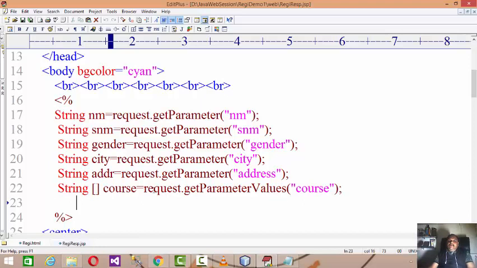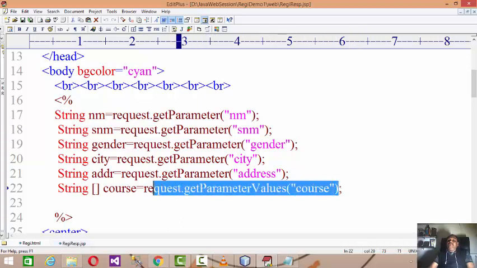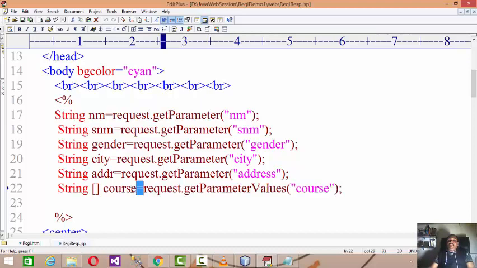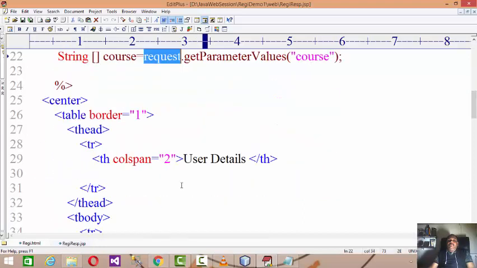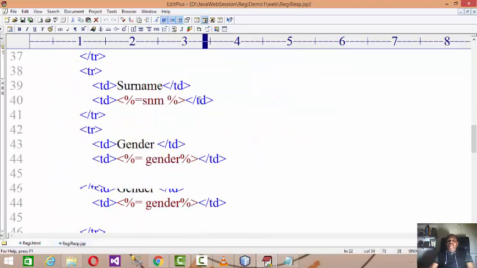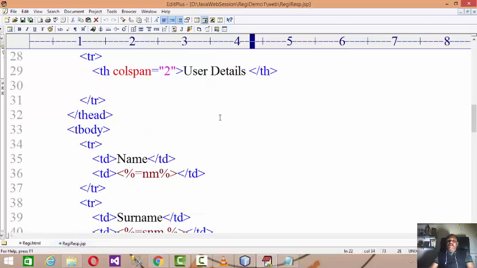So hope you understand it. In the case of your checkbox, request.getParameterValues is the method you have to use, and for the rest of the things you use request.getParameter. As multiple courses can be selected, it has to be stored in an array of course over here, right? After that, you display the form again. Display it using a table in the server side response page. Also use HTML to design a table to display the posted data.